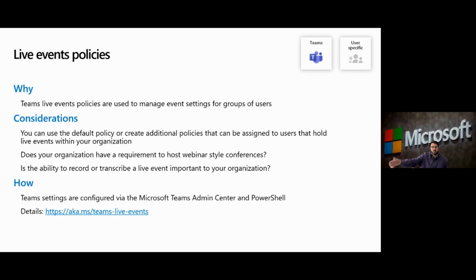HR, you wouldn't want them to be going public, because typically for live events, they're not going to be doing recruiting events that way. They're going to be doing benefits. I'll use a great example. We were meeting with a customer back in November, and they were about to start their benefits open enrollment. That's where they have to get all of their employees to make sure they've selected the right benefits information.